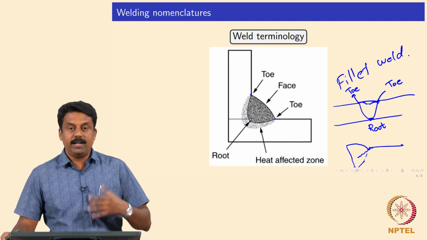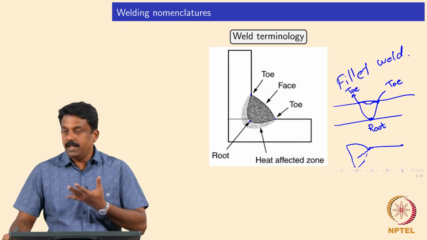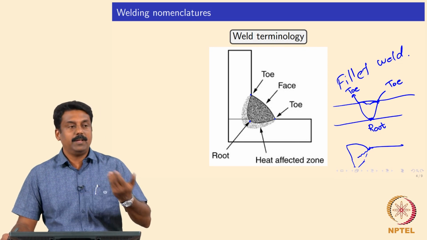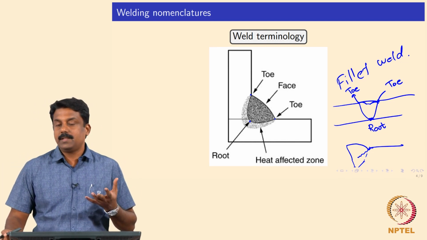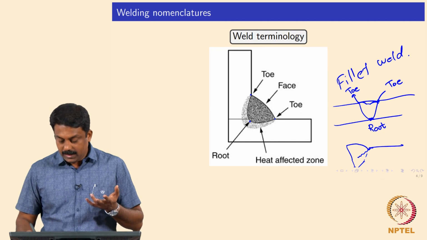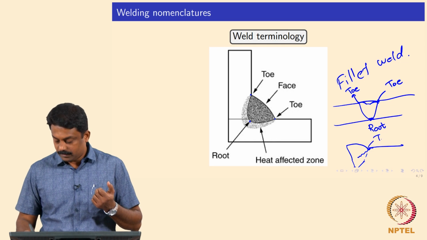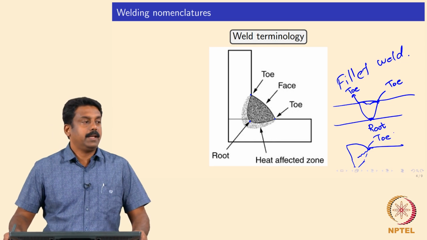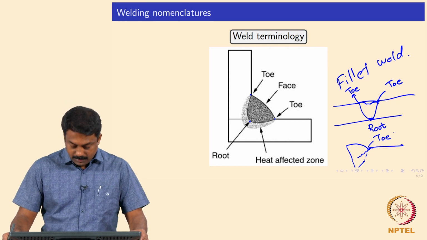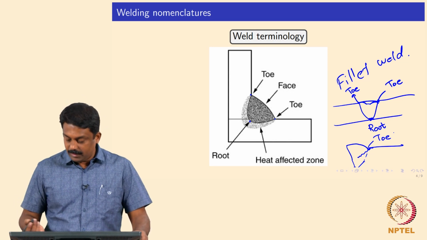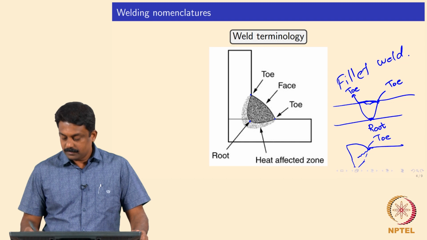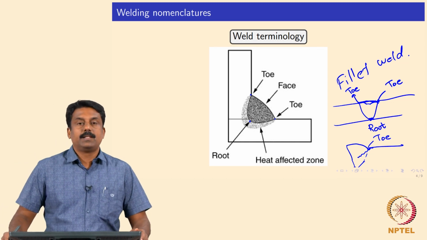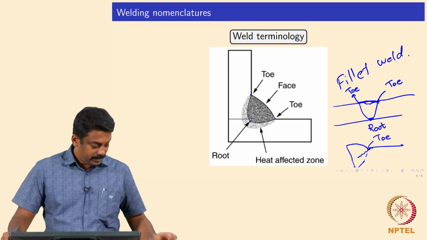Okay. So, it is very important to know what is toe, and we will not go into detail about the stress development, because we are going to look at it in welding metallurgy. But the terminology you should be very familiarized with. The toe is the region on the weld face which connects the weld fusion zone with the heat affected zone. Right, is clear? Okay. So, in the T joint also you have the same, and in the butt joint also you will see these regions: root, toes, and this is the weld face. It's clear? Good.